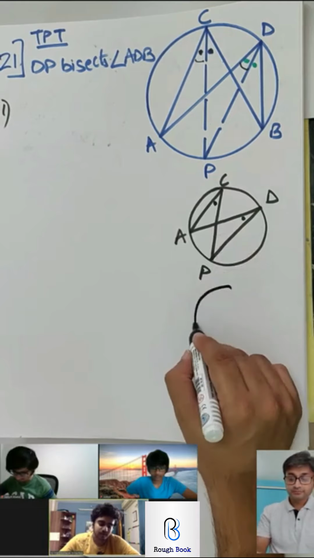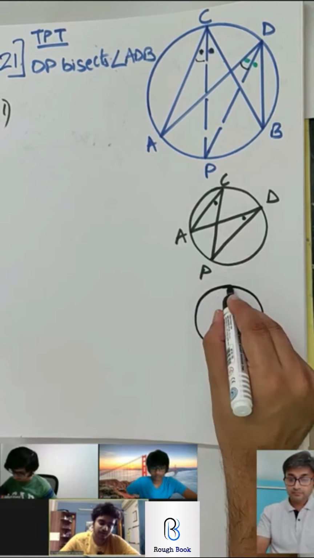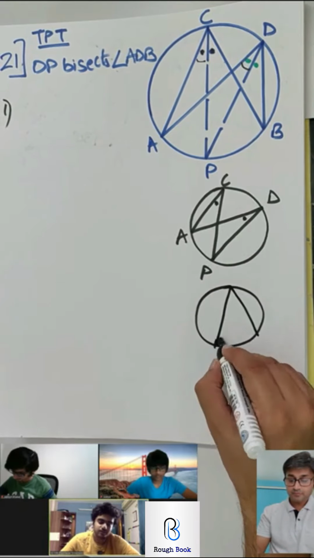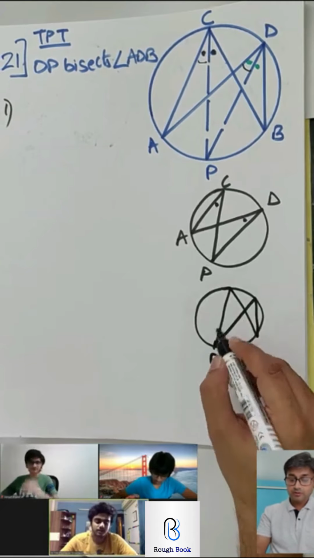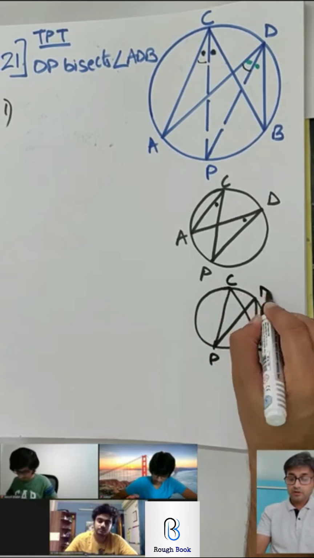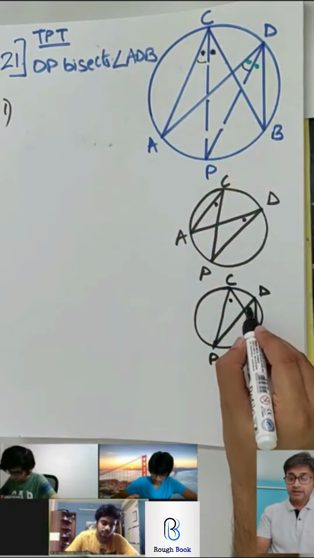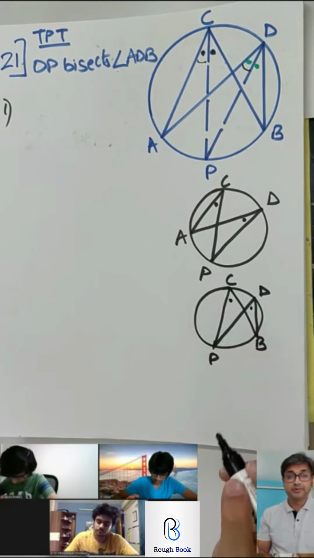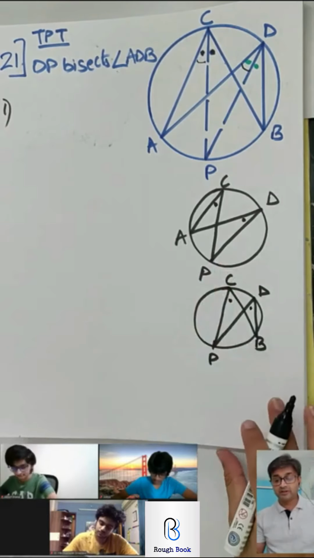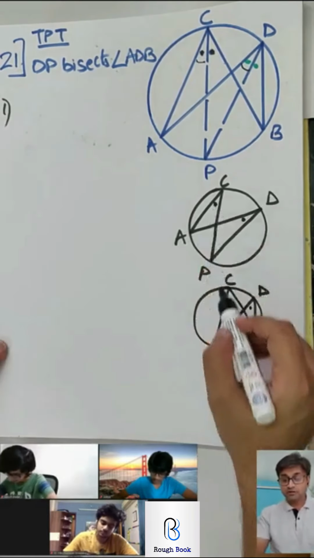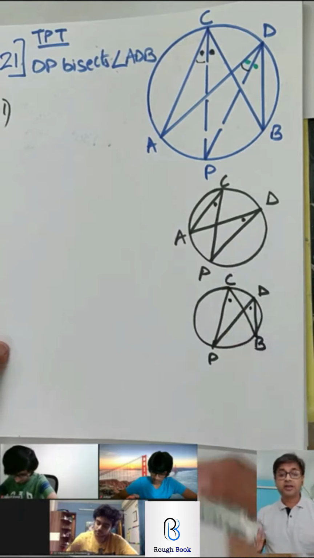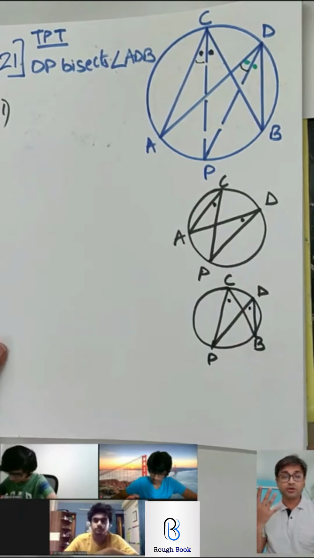Then we have angle PCB is equal to angle PDB, and because they're equal, that means DP bisects ADB. Okay, again he says PCB, the black, and the green PDB, angles inscribed in same arc. I hope these two diagrams help you to understand. Since both black are equal to both green, therefore both green are also equal. So I guess only 4 steps.